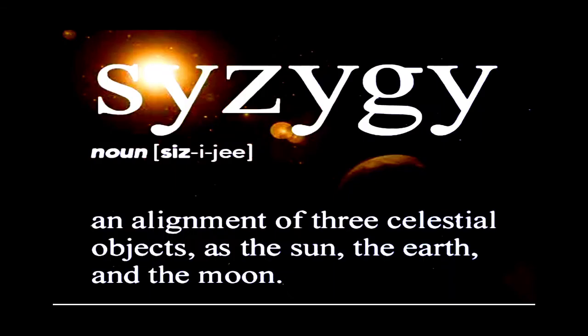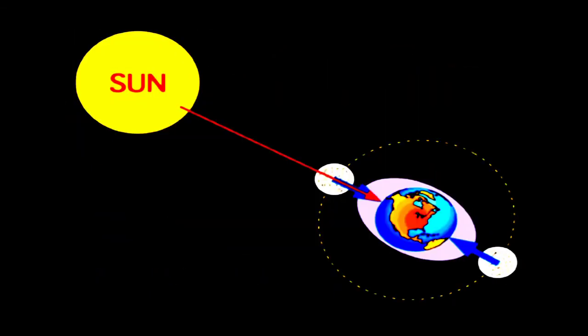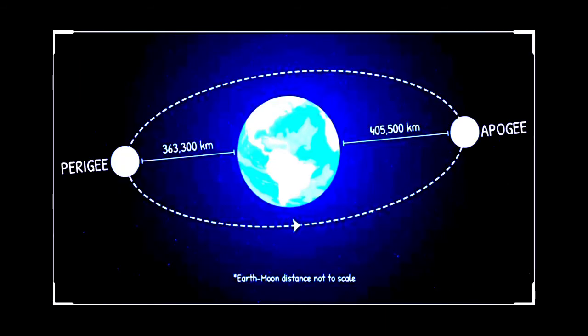Now students, we have seen the concept of syzygy, the diagrams. So this is the diagram of apogee and perigee. Children, you can see the distance of the moon and the earth here. You see the distance is more here, whereas here the distance is less. So when it is closer, it is perigee, and when it is farther, it is known as apogee. So while moving around the earth, the moon at certain times reaches close to the earth, and sometimes it goes far from the earth.